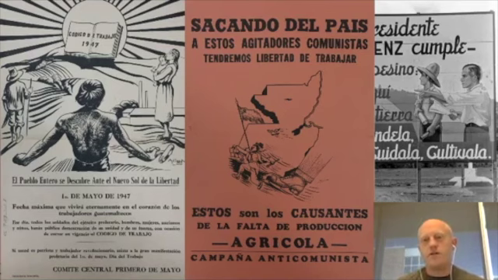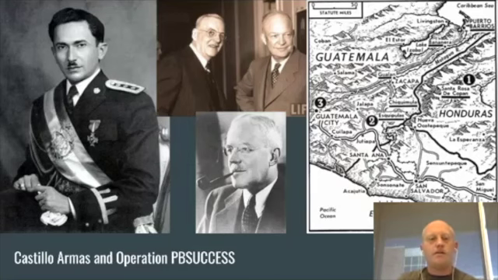which wasn't necessarily true, but this was the line that the United Fruit Company was putting forth, that the United States government under Eisenhower was accepting. And there were a lot of connections between the United Fruit Company and the Eisenhower government. So all of this came together to create a perfect storm in which this guy on the left, Carlos Castillo